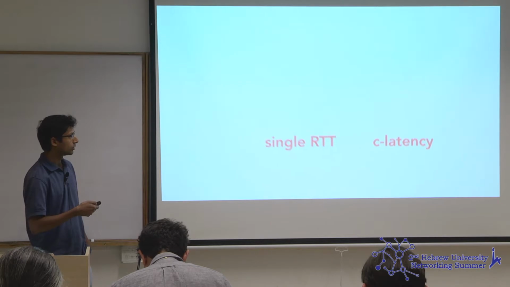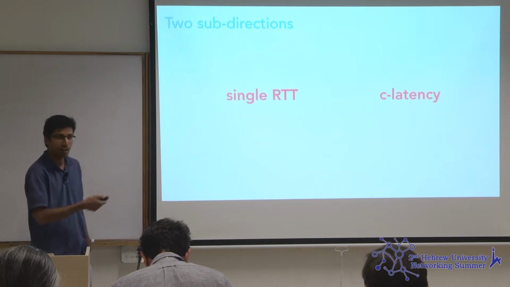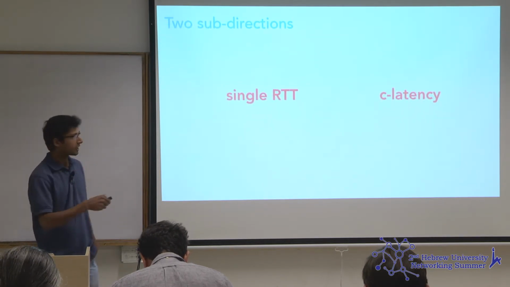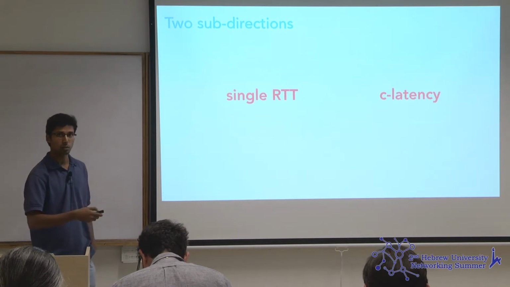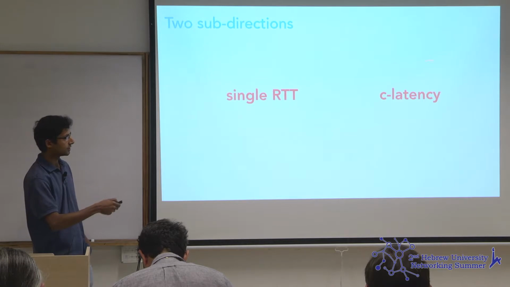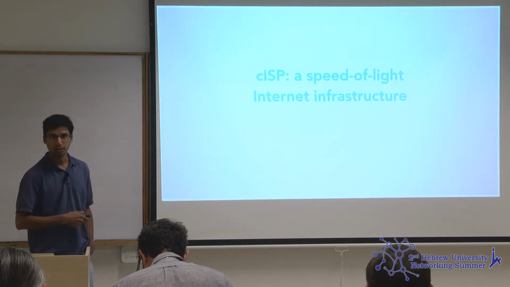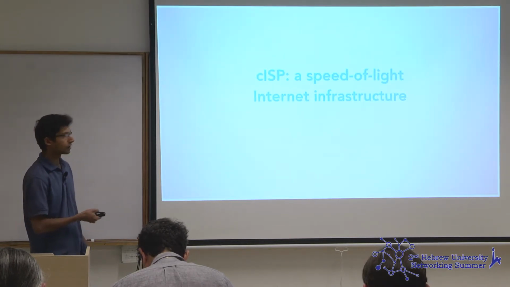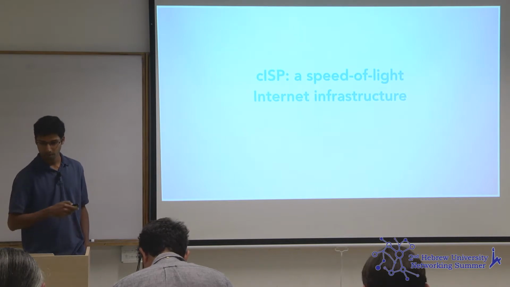It breaks down neatly into these two components, single RTT and C latency, as I mentioned. And I'll describe projects we are working on in both directions. So I'll start with the infrastructure piece of this, which is the C latency bit here, designing a speed of light internet infrastructure. So first,